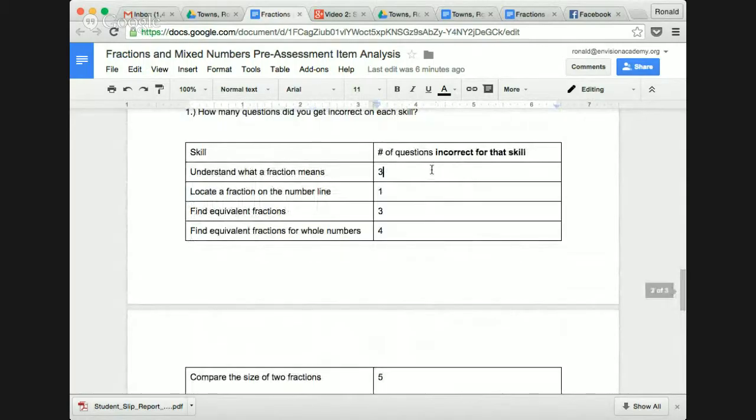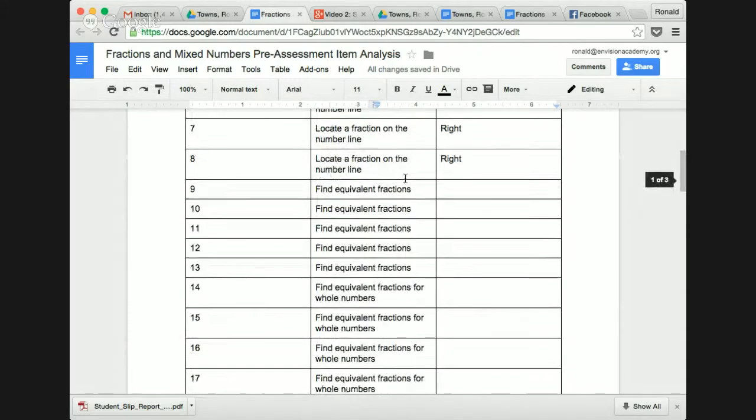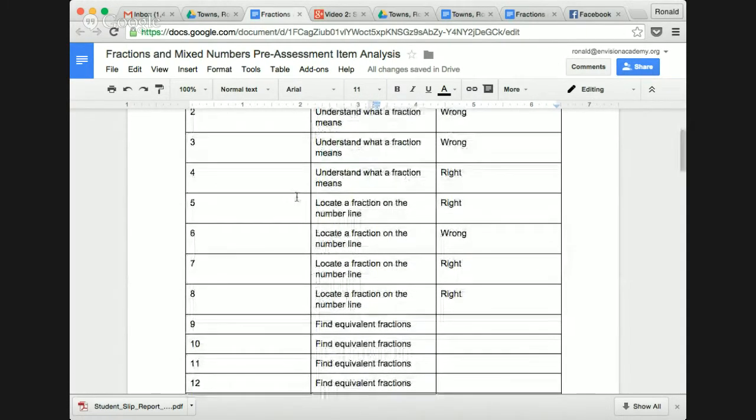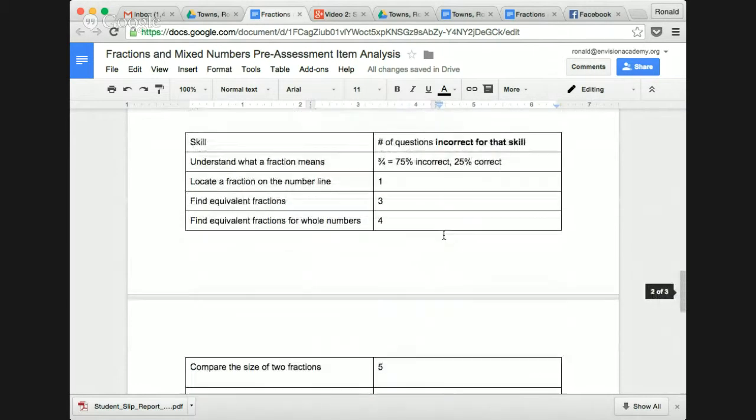So what that means is 3 out of 4. If I do some math, that's 75%. That means right now I have 75% incorrect, 25% correct. Similarly, if there were 4 questions asked about locating a fraction on the number line, and I got 1 wrong, that means that I have 1 out of 4,